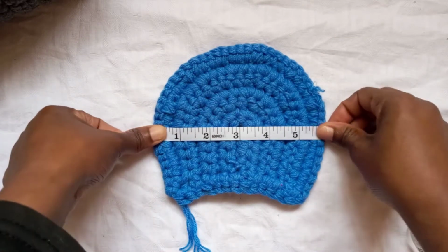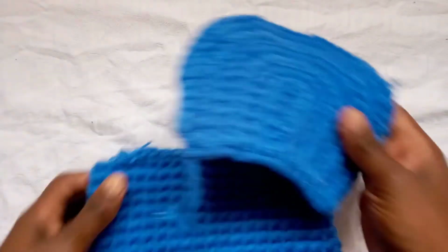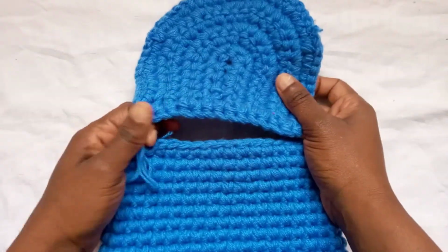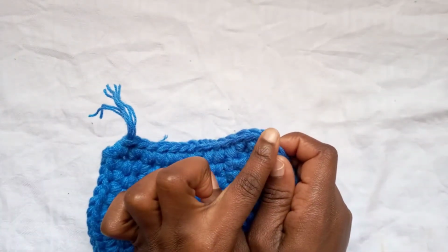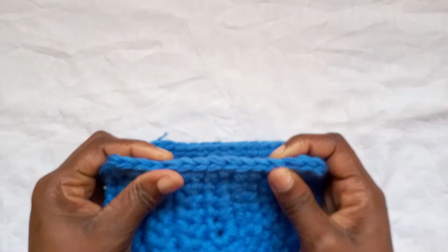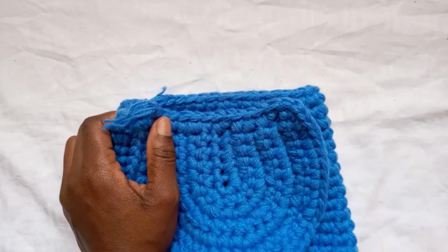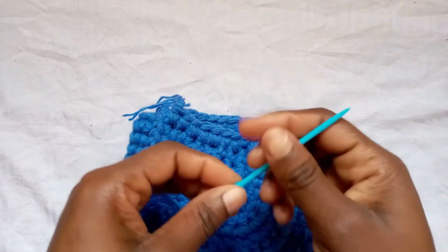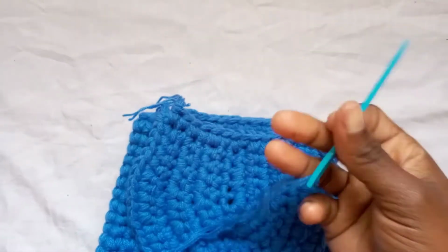I've got 6 inches. And what we're going to do now, we're going to connect this onto our bag. After I finished my work, I ended on this side. I just went over the top with a row of single crochet, which is going to make it easier for us to seam onto the bag. Now you're going to grab your needle and put your yarn onto your needle,